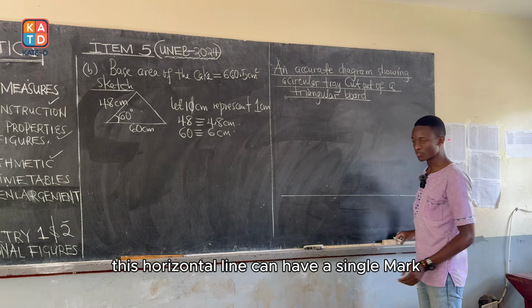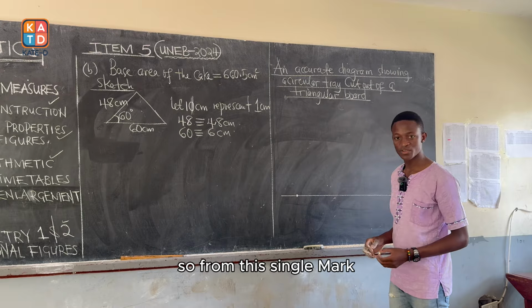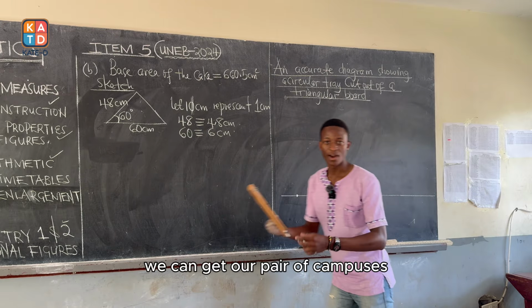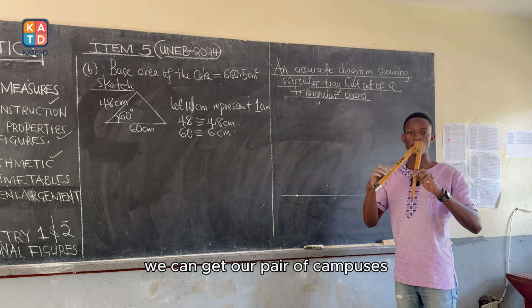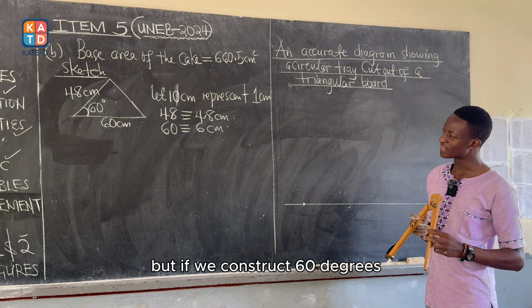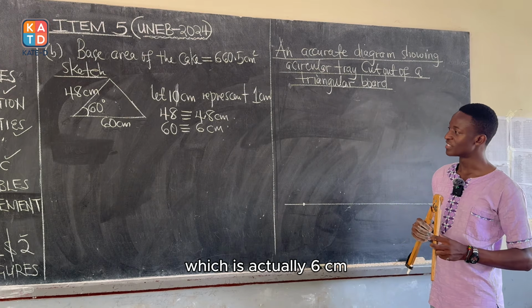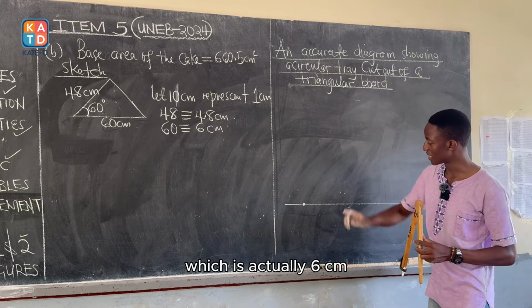After drawing this horizontal line, we can have a single mark. From this single mark, we can get our pair of compasses. We now need to construct 60 degrees. But before we construct 60 degrees, we can measure the length, which is actually 6 centimeters, because we need it